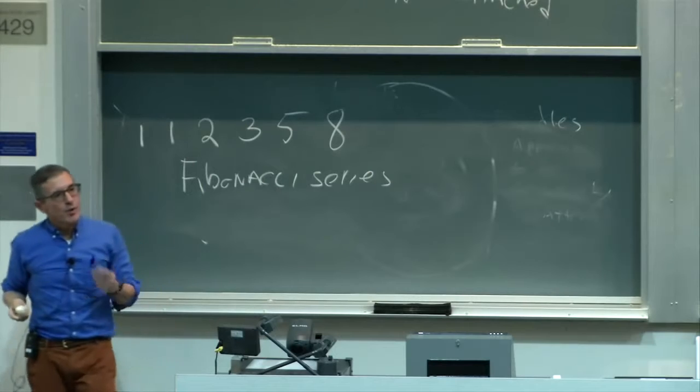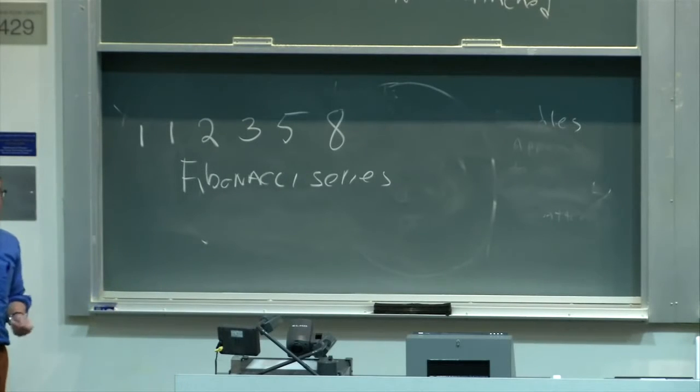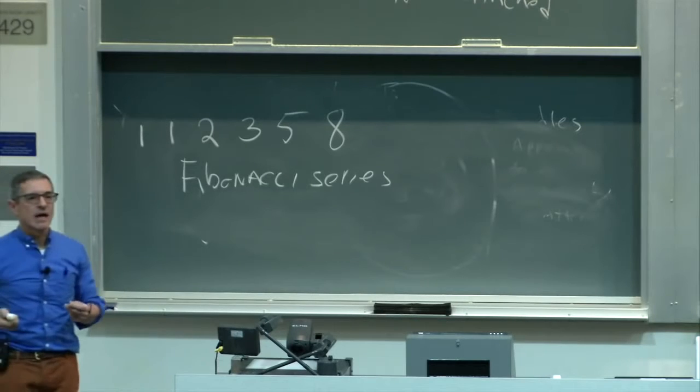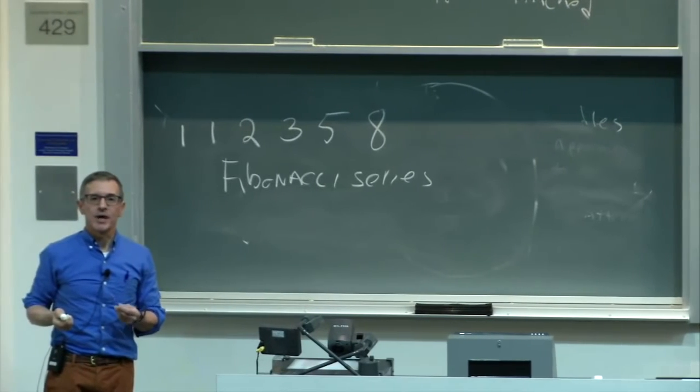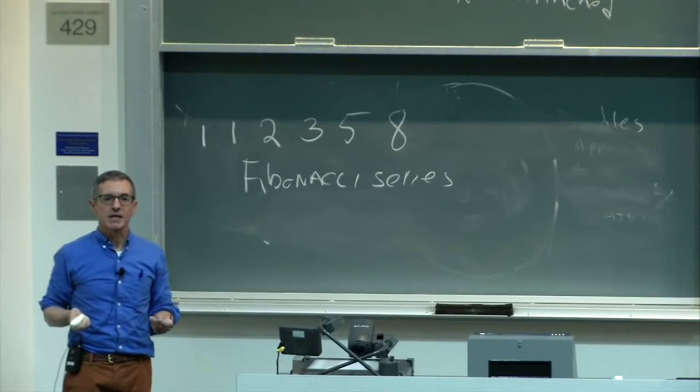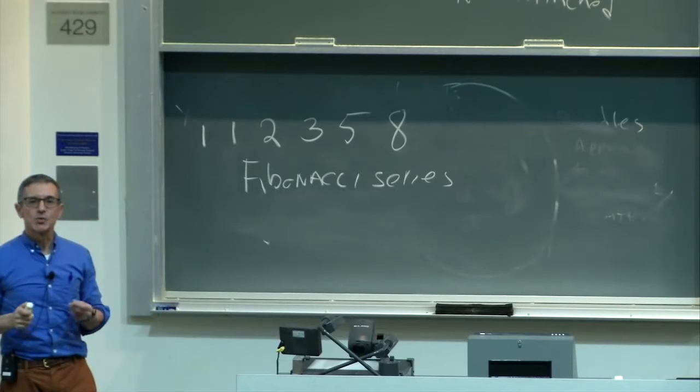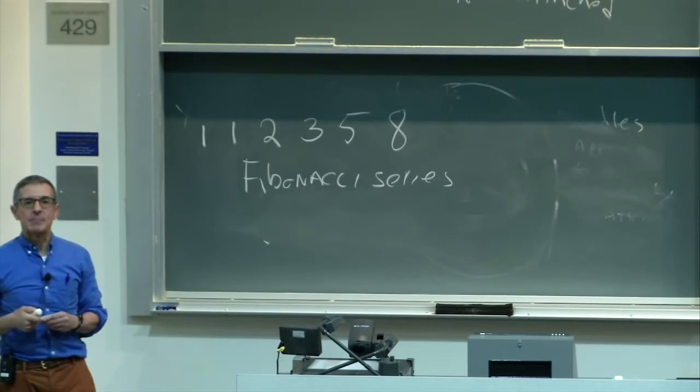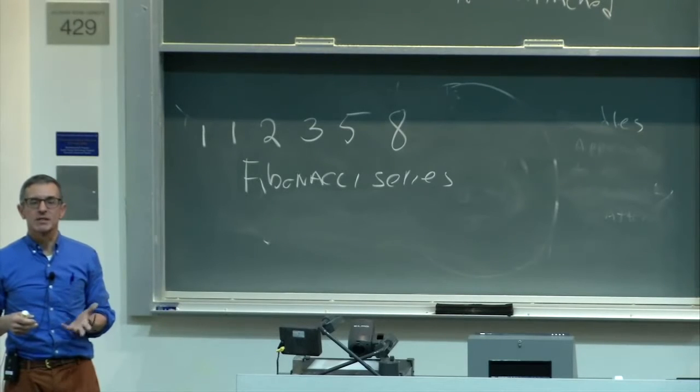Plant parts are arranged on the plant and can be described in their arrangement by the Fibonacci series. We don't understand how this Fibonacci series arrangement comes about. We don't understand the genetics of it. But it can be used as a way of explaining the type of arrangement and characterizing the type of arrangement